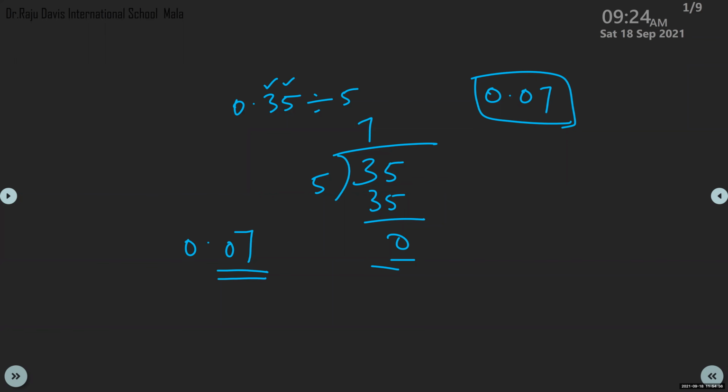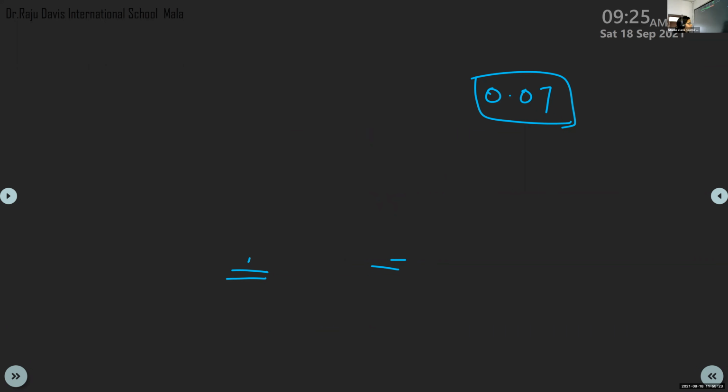Rihan, you have done it in the calculator? You should tell me what the method is. Anybody can do it in a calculator, but I'm asking you how to do it manually. That is why we are learning this: how to do the calculations without a calculator. So you should know the method. I'm asking you the method, not the answer. The answer I can get by calculating it in a calculator, isn't it?